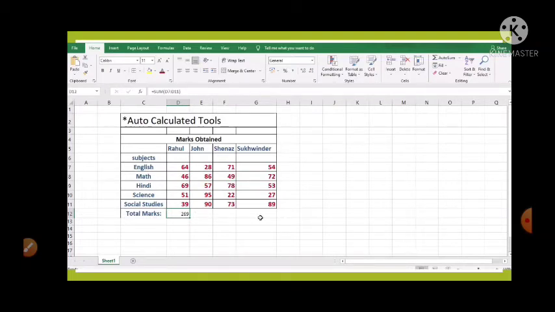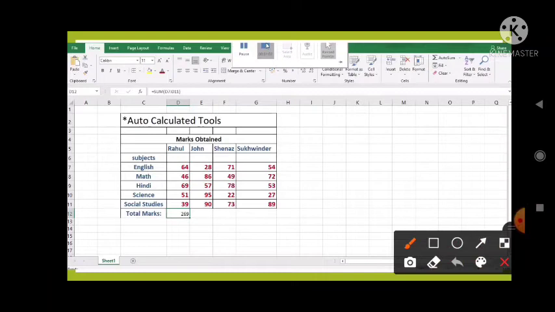We can also click on the arrow next to this auto sum button and select one of the other auto calculate tools located in the editing group on the home tab. Okay, so what it gives us, so you can see that here after selecting the values, if we click on the auto sum feature and then select sum, then on a particular location it gives the result.